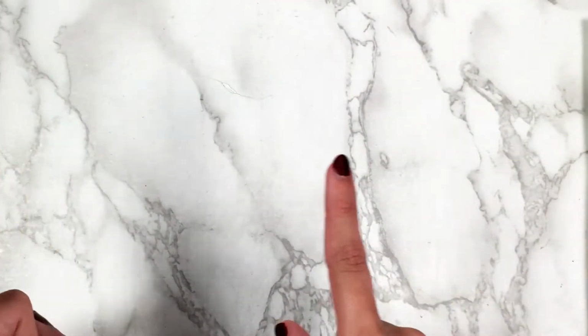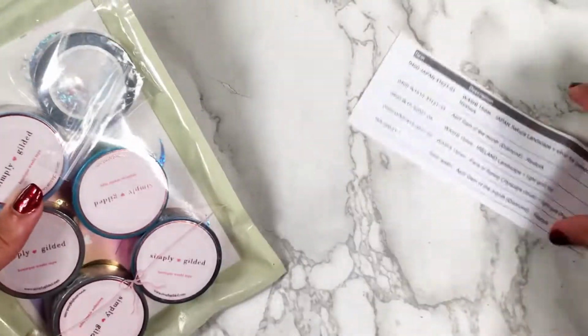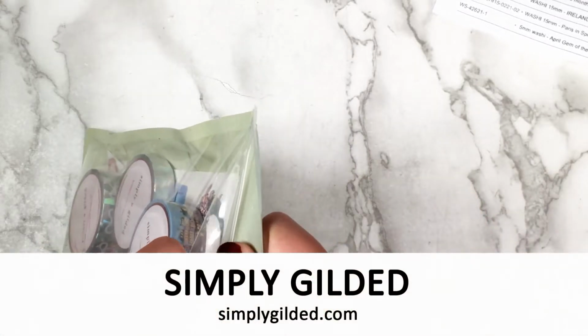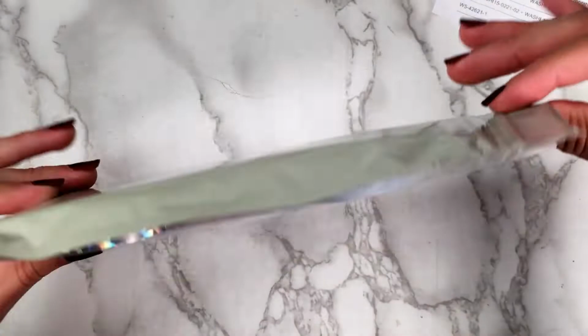All right, so that is the foil elements. Now let's get into the washi that I have. I don't have a ton. I have just a teeny tiny order from Simply Gilded. I think she had a flash sale, so I just wanted to show you that it came in this really pretty